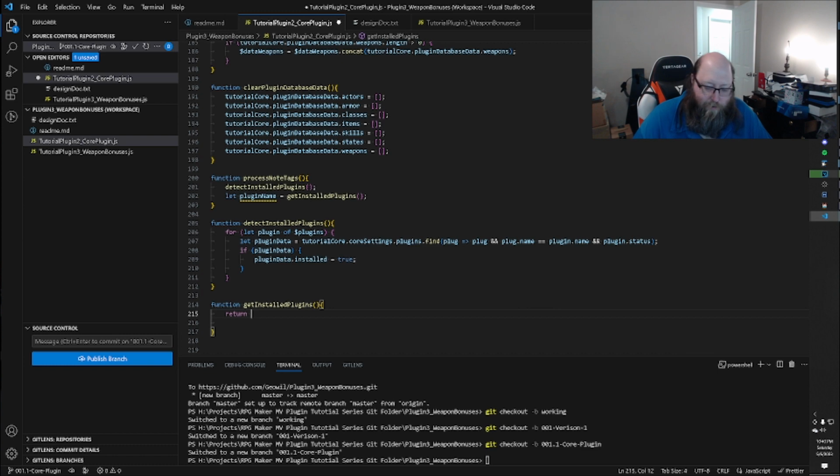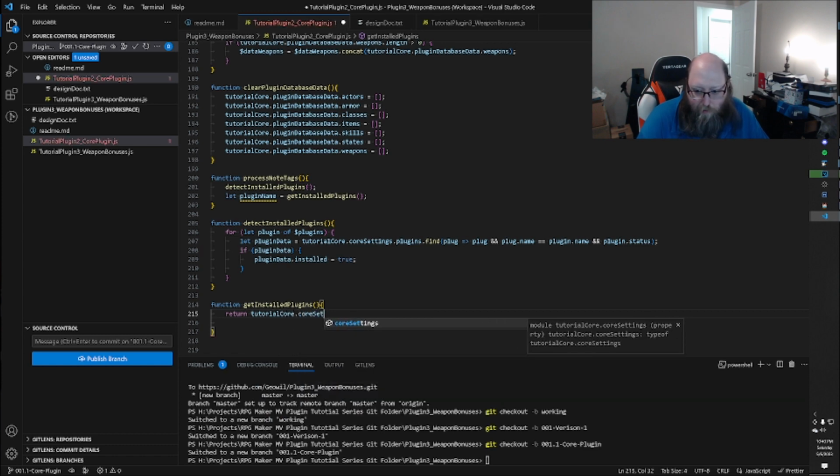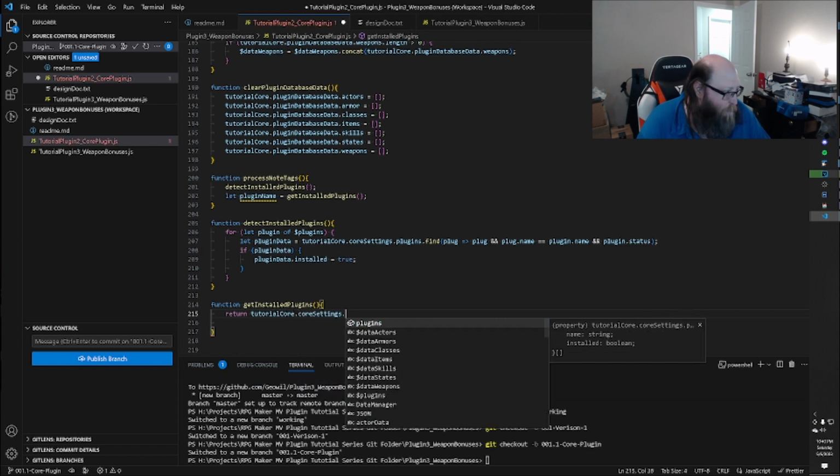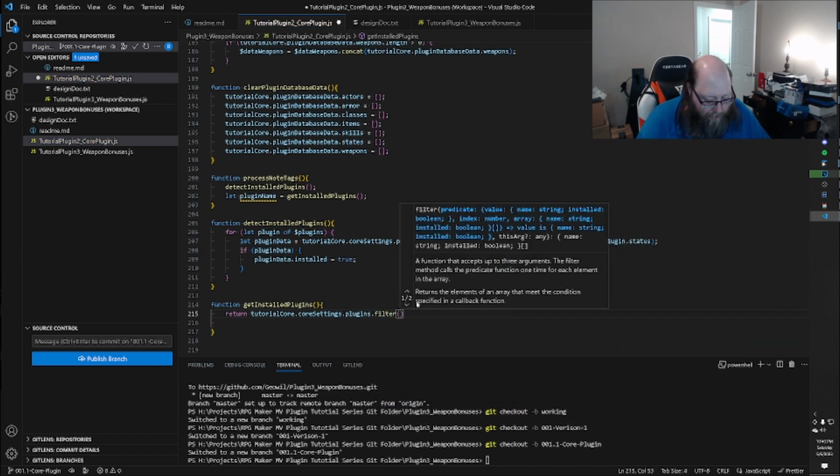So the first thing we have to do though is set up the filter. So let's go ahead and do that first. So tutorial core settings plugins filter, and then we want to say plugin